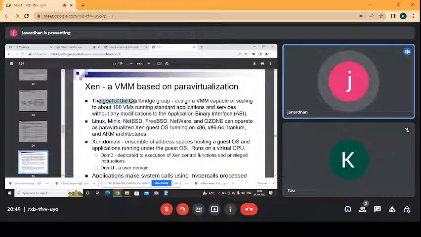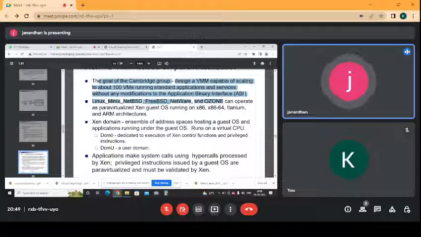Xen, a VMM based on para-virtualization. The goal of the Cambridge group: design a VMM capable of scaling to about 100 virtual machines running standard applications and services without any modifications to the application binary interface. Linux, Minix, NetBSD, FreeBSD, NetWare, and Plan 9 can operate as para-virtual Xen guest OS running on x86, x86-64, Itanium,